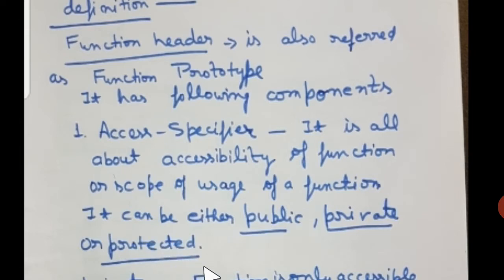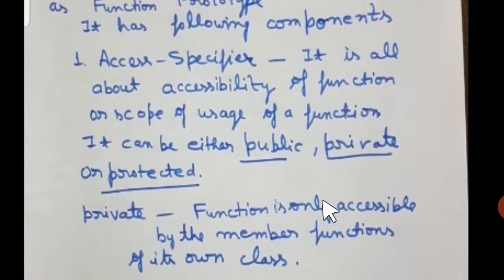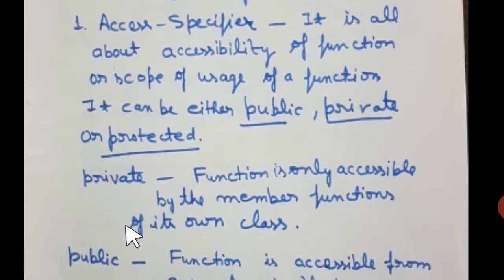All right, so students, let's begin with the private. We can have a separate video soon for the access specifier, but right now a short description or detail I am giving you about the access modifiers or access specifiers. All right, you can call it access modifier as well. Now private function, or when the function is been made private, then it is only accessible by the member function of its own class.